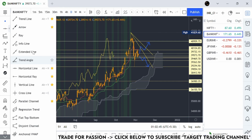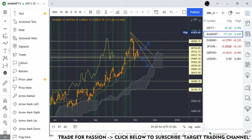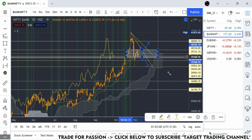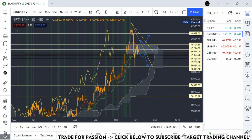So it's supposed to break this range to see the direction of the next